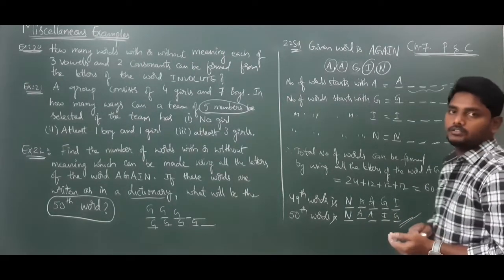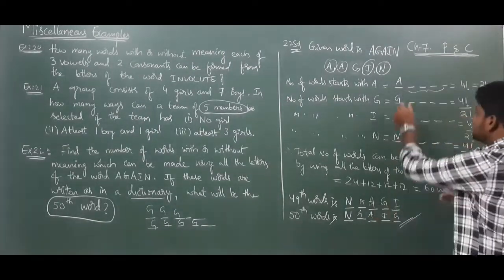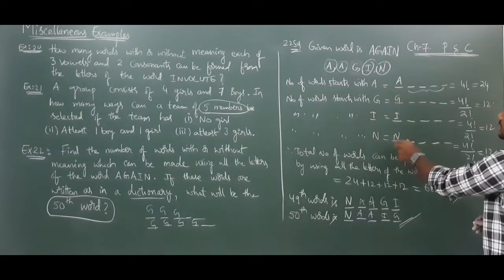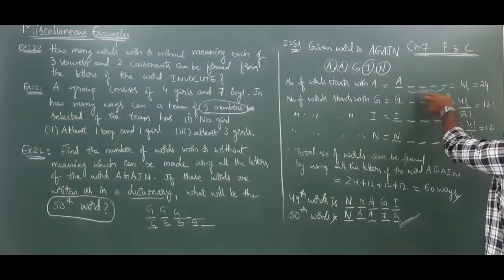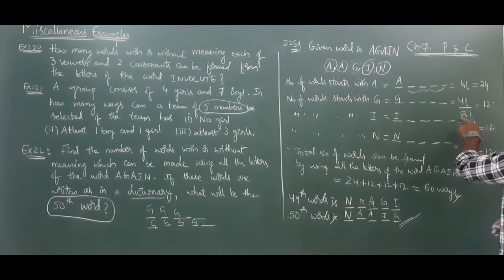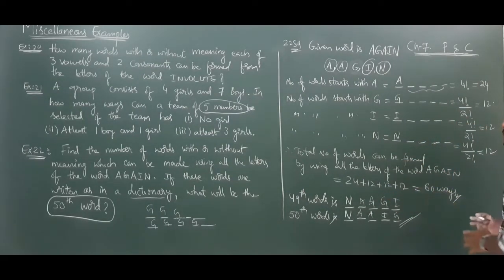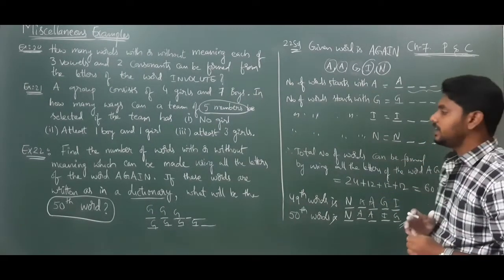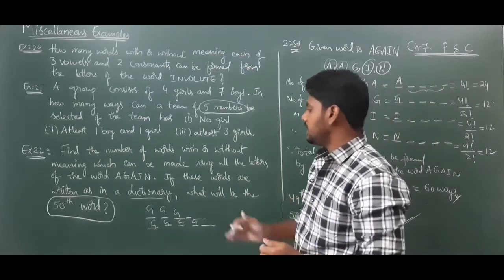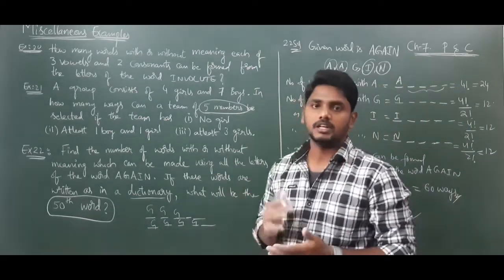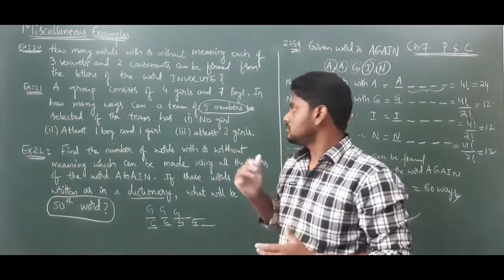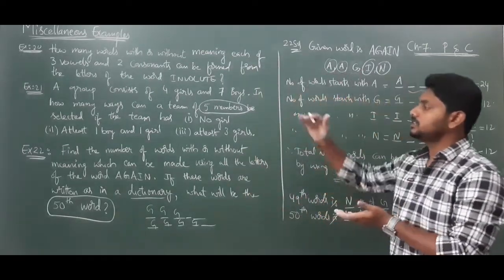So like that we need to find. See here, while starting, we need to find only in alphabetical order. If any repeated letters are there, in the remaining we will divide by them. Otherwise, directly we will write. So this is how we need to find the rank of the word and the number of words we can form by using dictionary order. So for the assignment, we will stop with these 3 problems.